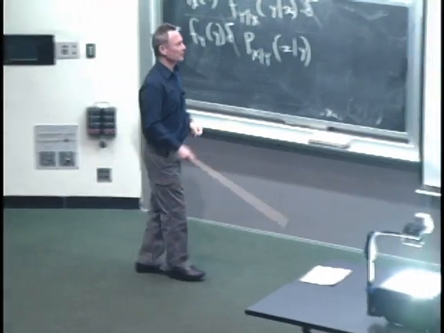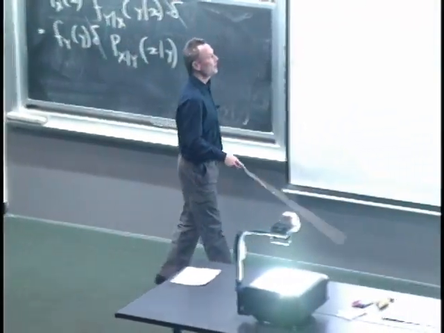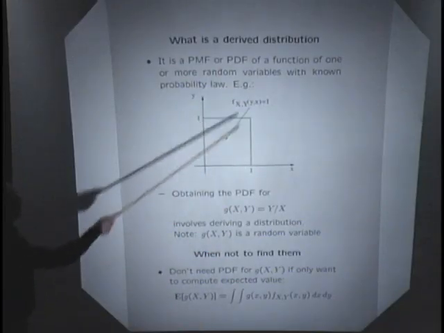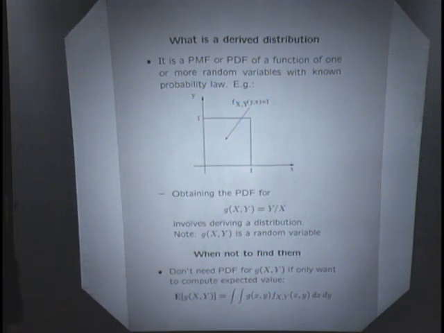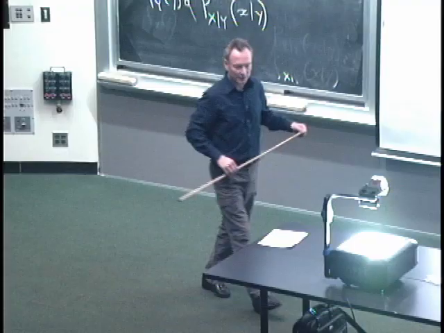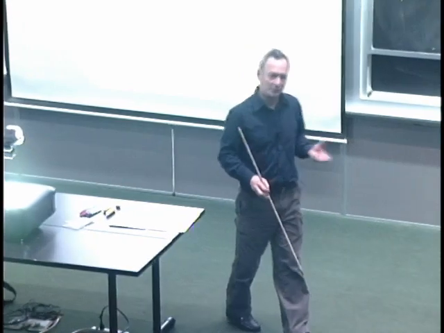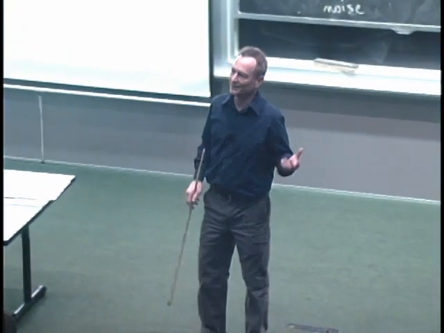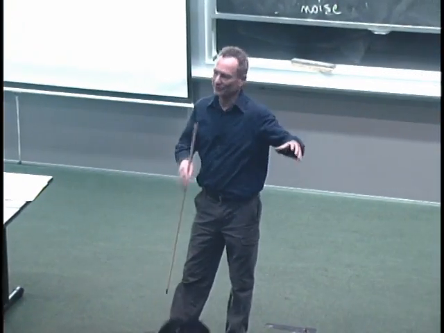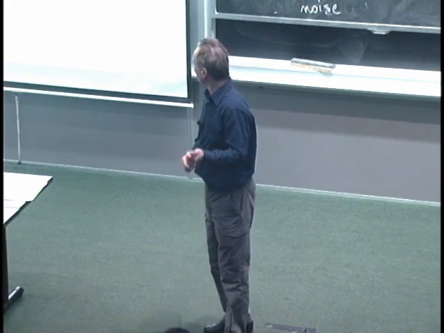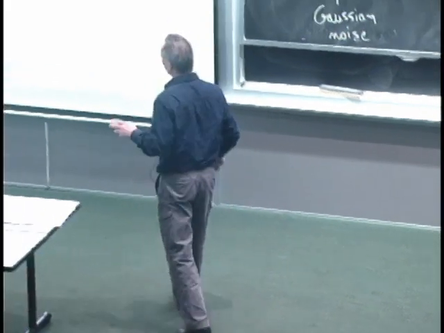So one example that we're going to solve at some point: let's say you have two random variables x and y, and somebody tells you their distribution, for example, uniform on the square. For some reason you're interested in the ratio of these two random variables and you want to find the distribution of that ratio. You can think of lots of cases where a random variable of interest is created by taking some other random variables and taking a function of them,